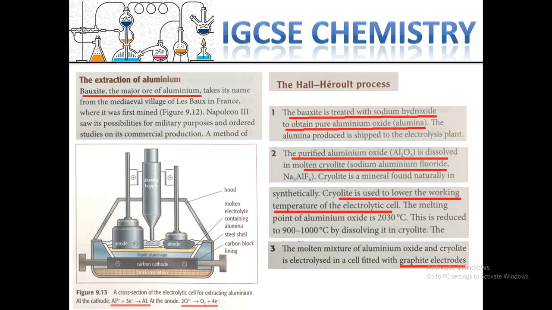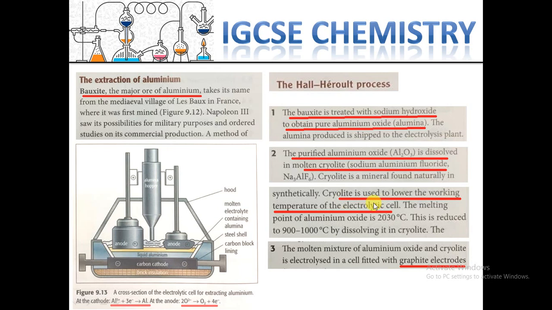This is the second stage. First, obtaining pure aluminium oxide. Second, purify aluminium oxide. But you can also look closer at cryolite,